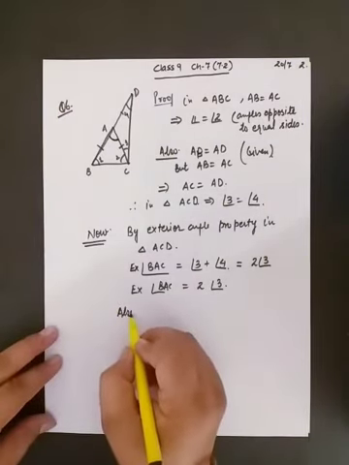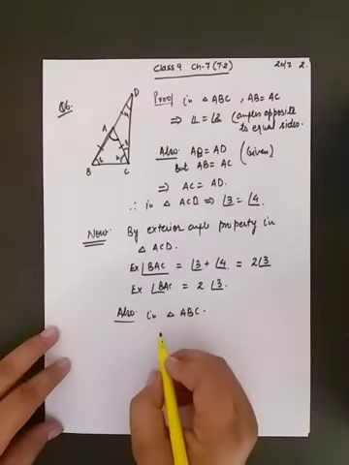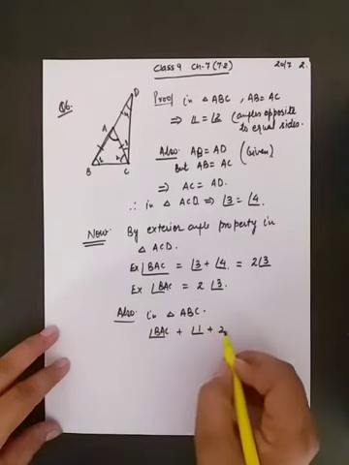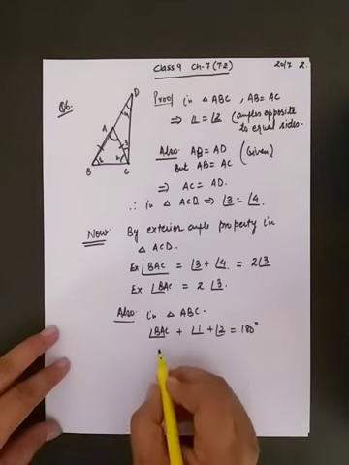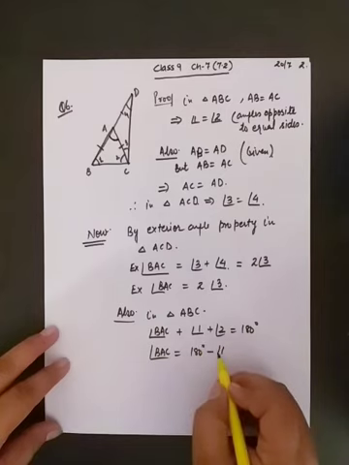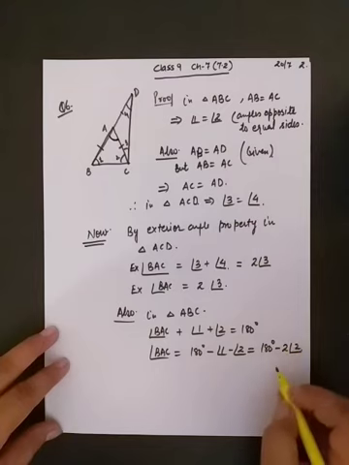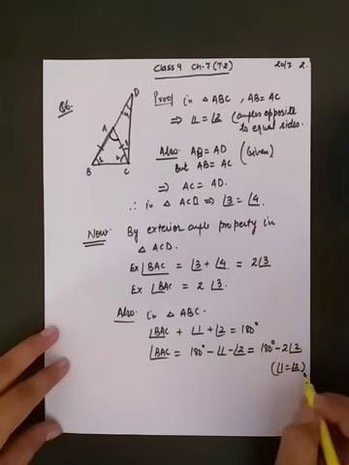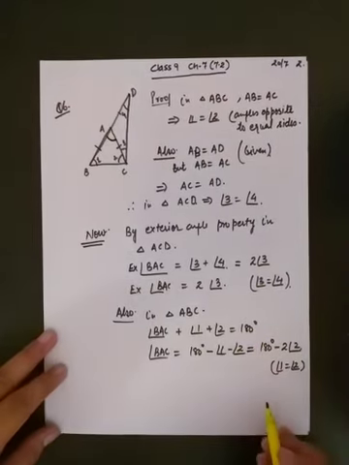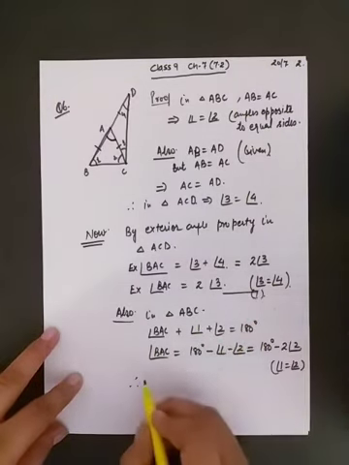Also, in triangle ABC, according to you, angle BAC plus angle 1 plus angle 2 is 180 degree, and we can write angle BAC is equal to 180 minus angle 1 minus angle 2, or you can write it as 180 minus double of angle 2, because angle 1 is equal to angle 2. Similarly, we have to write here angle 3 is equal to angle 4. Therefore, and now in place of BAC, from equation 1